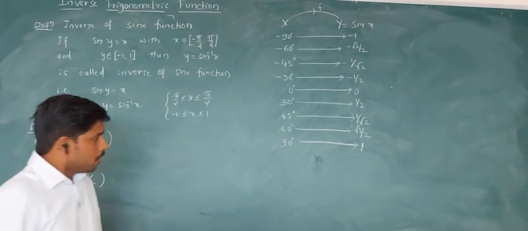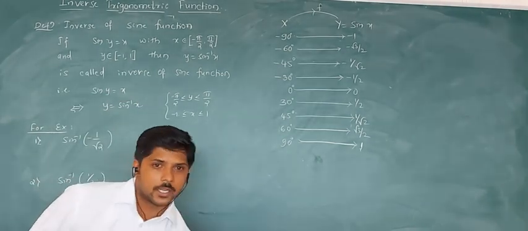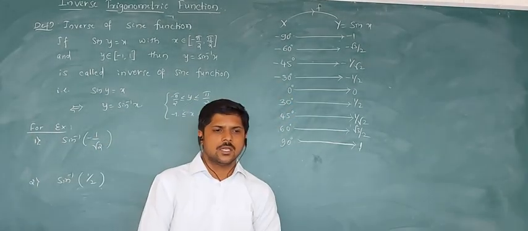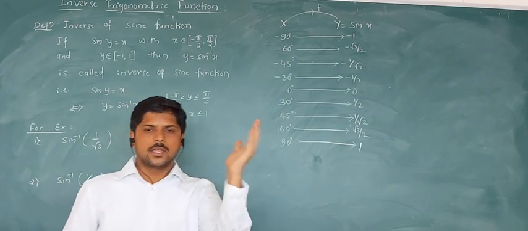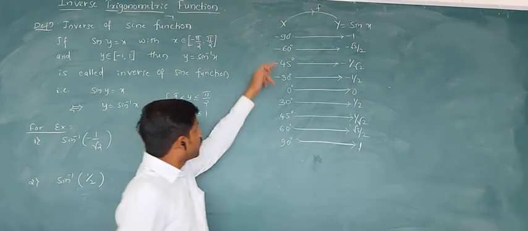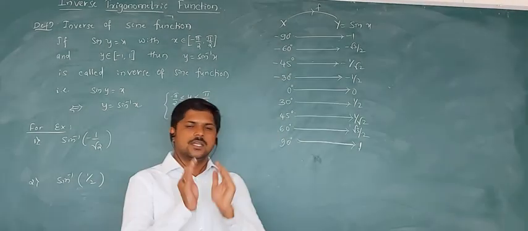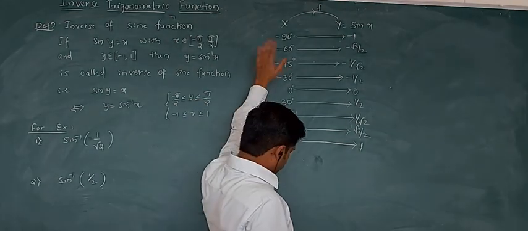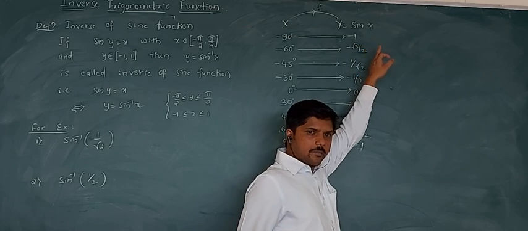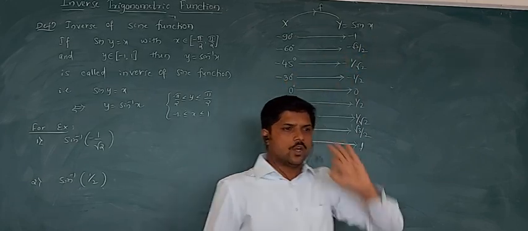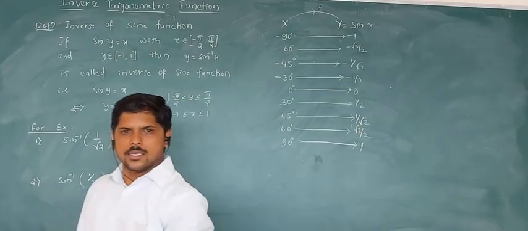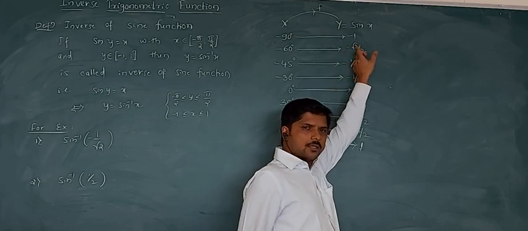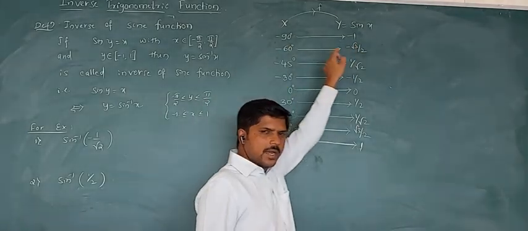After restricting the domain elements to minus 90 degree to plus 90 degree, whereas in the previous form we had taken minus 180 degree to 360 degree, now I am taking only minus 90 degree to plus 90 degree. That means I am restricting the x elements. Now check: sine of minus 90 degree is minus 1, because we know that sine of minus theta equals minus sine theta. Here theta is 90 degree, so it can be written as minus 1. Sine of minus 60 degree is minus root 3 by 2, and so on.